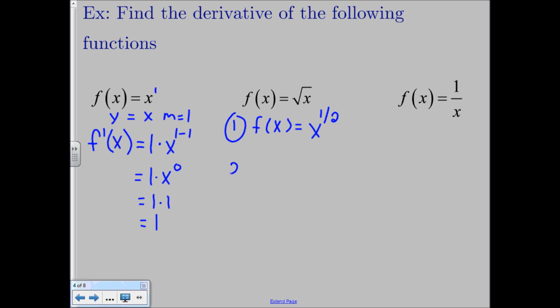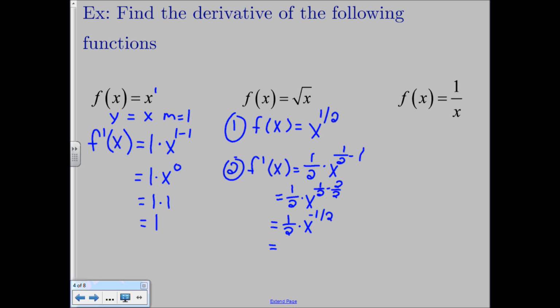So now we can do step number 2. We can apply our power rule. So power rule, bring down the exponent, make it a coefficient, so we get a 1/2 times x to the 1/2 minus 1 power. 1/2 minus 1 is the same thing as 1/2 minus 2 over 2, which is 1/2 times x to the negative 1/2,